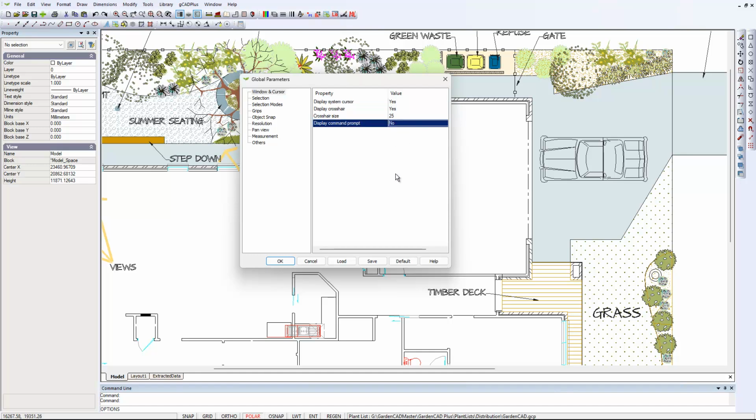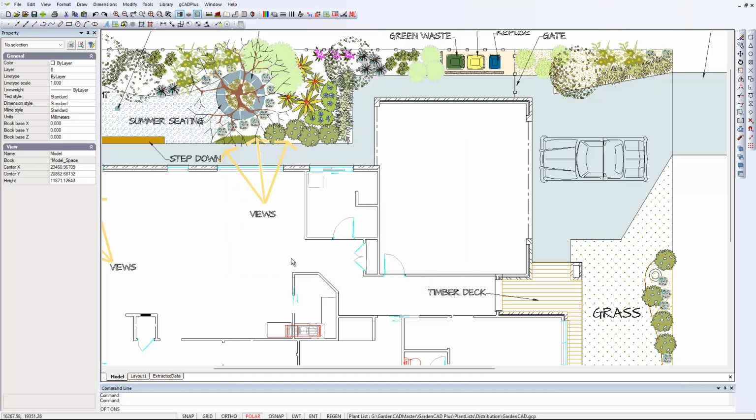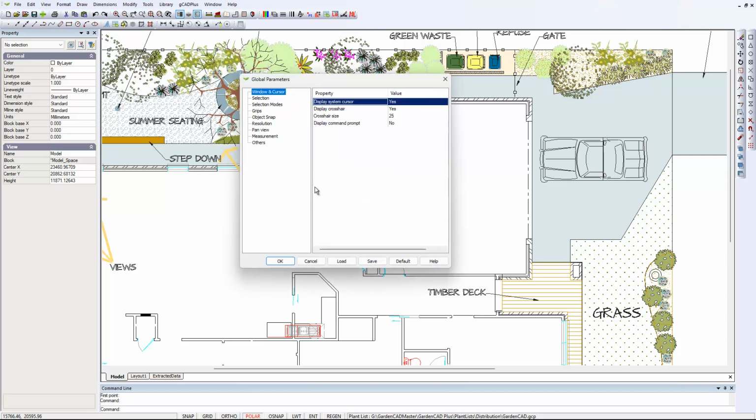Let's say no. We don't want the command prompt, and so I guess now if we went L for line, I'm not getting any prompt at the crosshair cursor, I am getting the prompt down here in the command area itself. Again, that's something I'm not happy with,